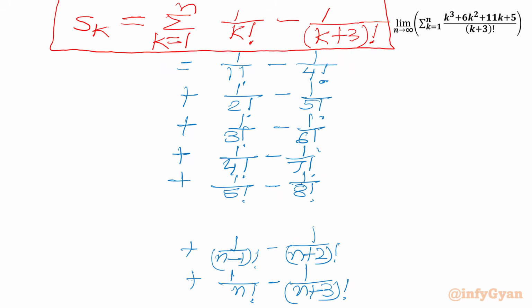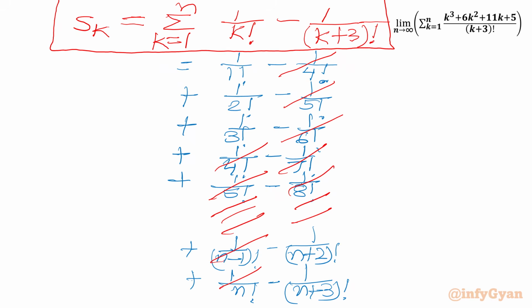Now we have to add. So we are going to cancel a few terms. Minus 1 over 4 factorial will cancel plus 1 over 4 factorial. Minus 1 over 5 factorial will cancel 1 over 5 factorial. Minus 1 over 6 factorial will cancel plus 1 over 6 factorial, and so on. We will cancel all the terms over here